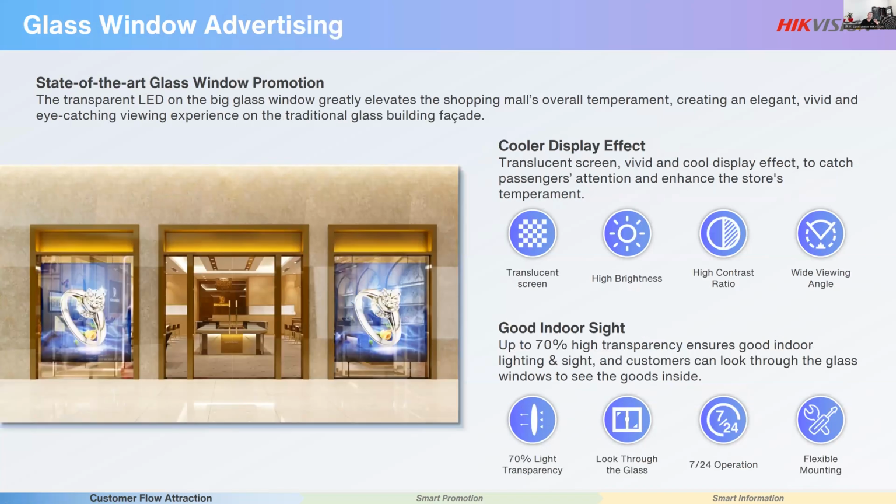And then we look at that glass window area of advertising. These are designed for us to be able to showcase the 2 different models that we were indicating earlier for that transparent LED. The specific one that's installed here is the 2000 nits. This allows us to have the ad, as you can see in the picture here, the wedding ring, but you can still see inside the jewelry shop itself, which is pretty amazing. It still allows the light to come through inside, but is still flexible to be able to see outwards when you're inside the shop. Very wide angle field of view, which is just an all-round nice design, and 24/7 active work,